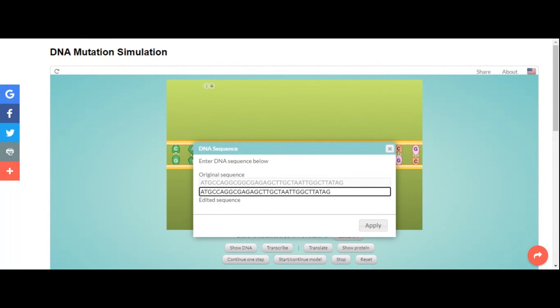The protein might still be okay without that one amino acid. It just depends where it is, right? If it's a really important one, like if it's right in the active site of an enzyme, you might have a problem. But if it's buried somewhere else in the protein that's not a real functional part of the protein, you might be all right. Okay, so that's all I wanted to say about that. And I think now what I'm going to do, let's see,